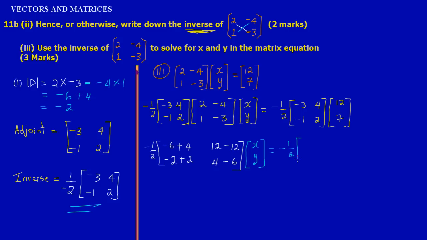then I'm going to expand this matrix, multiply my matrix here. So I'll have a negative 3 times 12, that will give me a negative 36, plus 4 sevens, that will give me 28. Okay, my friends, and then here I'll have a negative 1 times 12, that will give me a negative 12, and 2 sevens, that will give me 14. So let's just close that up there.